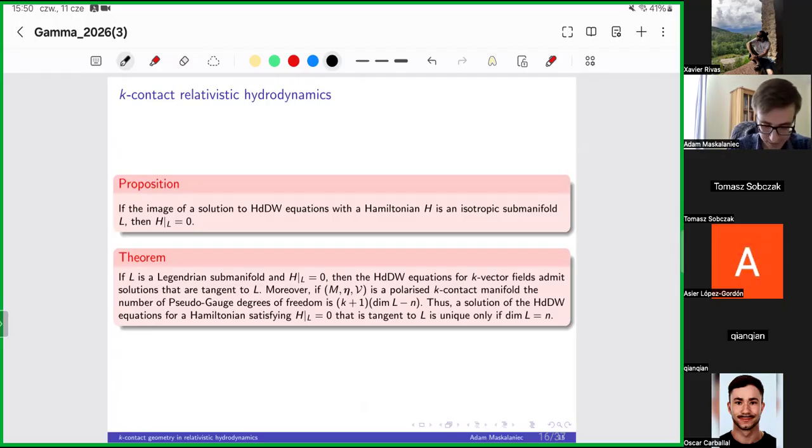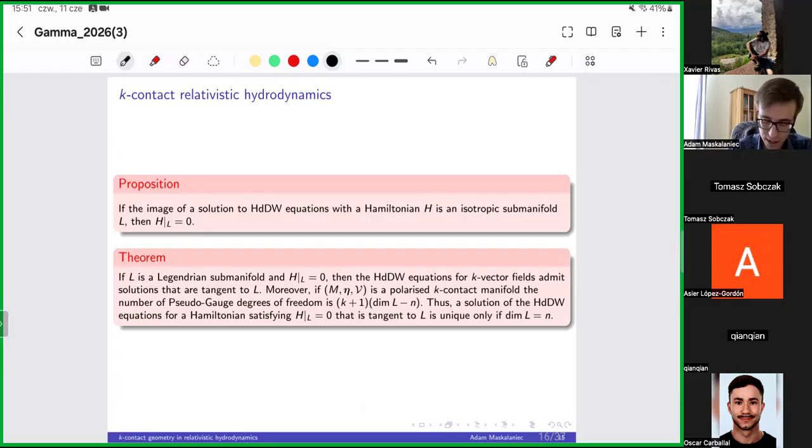And this is a simple observation, but an important theorem we managed to prove is that if L is a Legendrian submanifold and H is restricted to L, then these Hamilton-de Donder-Weyl equations for k-vector fields really admit some solutions that are tangent to L. And moreover,